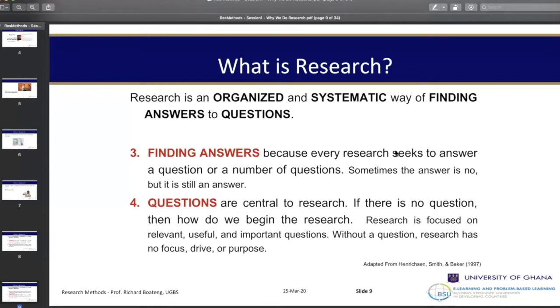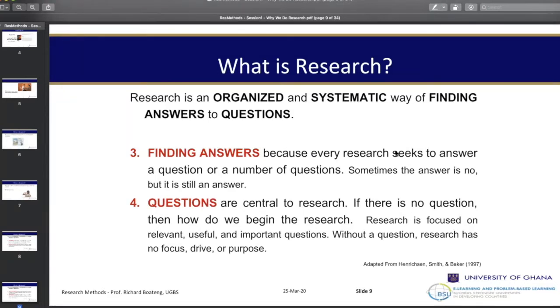So the type of people I'm going to invite in my study have to be about Teshi and have to be about fishermen. How do I say I'm doing a study on fishermen in Teshi and then I end up going to Suwakope and interviewing farmers? That would be a flawed study. So the research questions guide you to be able to select even the context in which the study is taking place. It even guides you to know who the respondents of the study will be. So the research question gives you the direction of the research, and it differentiates your research from another person's research.